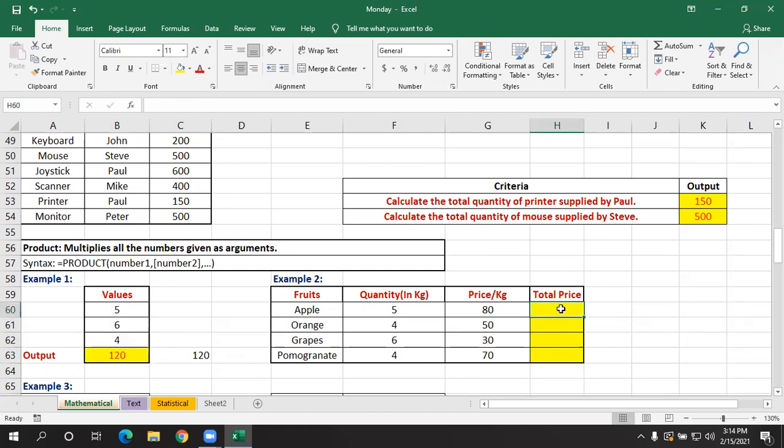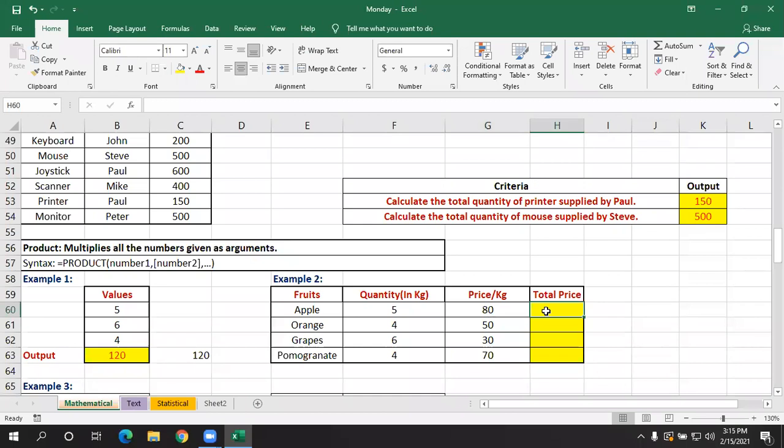Now here I want to know the total price. Let's consider there is a food called apple. For 1 kg, the price is 80 rupees. If you're going to buy 5 kg of apples, per kg the price is 80 rupees, but you are going to buy 5 kgs. So how do you calculate the total? You'll perform multiplication or addition? You will perform multiplication, right?